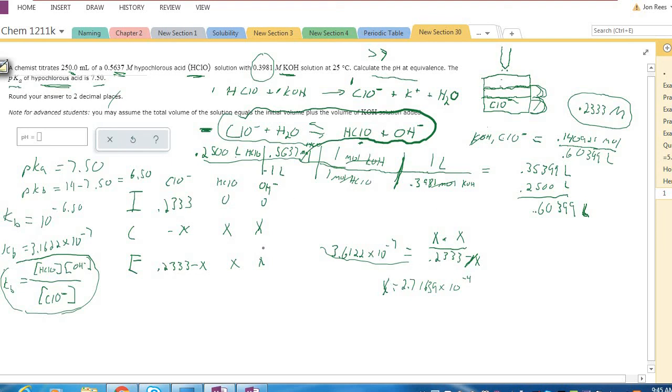Well, x is the concentration of the hydroxide ion. So from here, I can do this a number of ways, but I can go that the pOH equals minus the log of the hydroxide ion concentration. That's the definition. So minus the log of 2.71639 times 10 to the minus 4th. Okay, and when I do that, then I get that the pOH equals